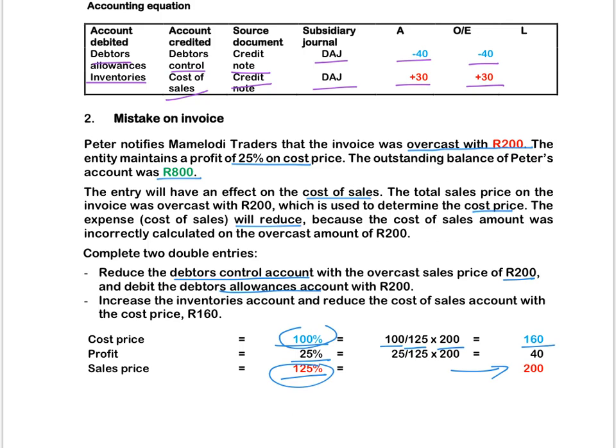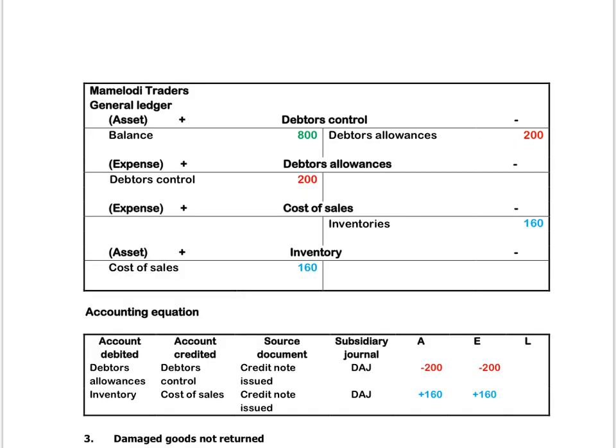Inventories will therefore increase with 160 because it was credited with a higher amount than it was supposed to, and you will reduce your cost of sales expense with 160. The debtors control will be credited with 200 Rand to reduce the asset on the credit side. Debtors allowances is debited to increase the expense to reduce your profit. Inventory asset is debited to increase your assets, and cost of sales expense will be decreased on the credit side